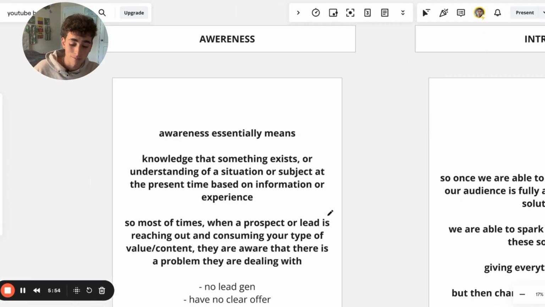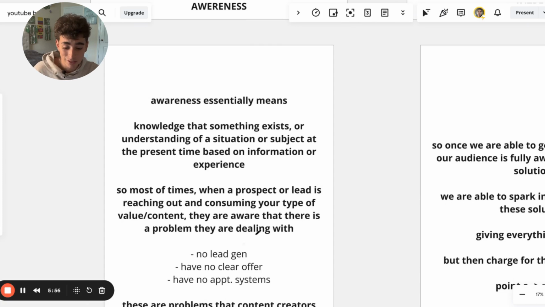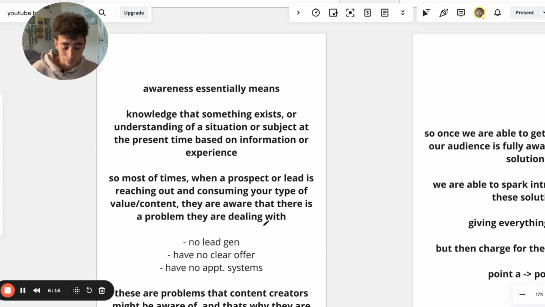So awareness essentially means knowledge that something exists, or understanding of a situation or subject at the present time based on information or experience, right? So most of the time when a prospect or lead is reaching out and consuming your type of value or content, they are aware that there is a problem they're dealing with, right? So let's say, in my case, for my brand, I'm providing this lead generation strategy video. I'm providing my how to build an offer, how to build a lead magnet, all for the purpose of helping content creators that are aware,